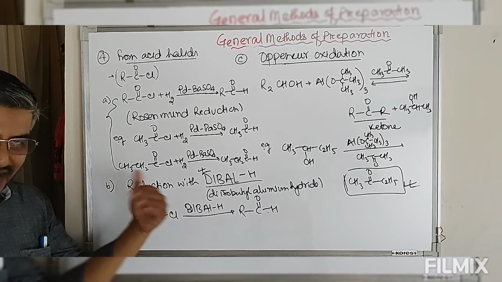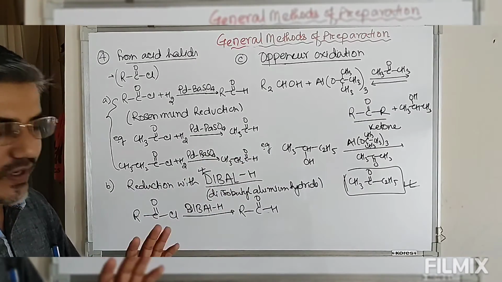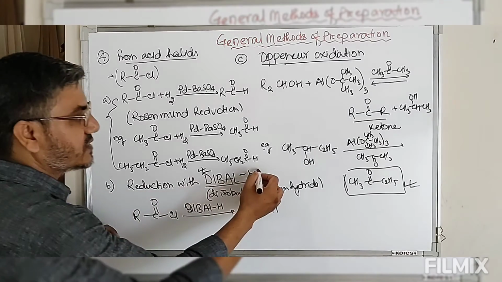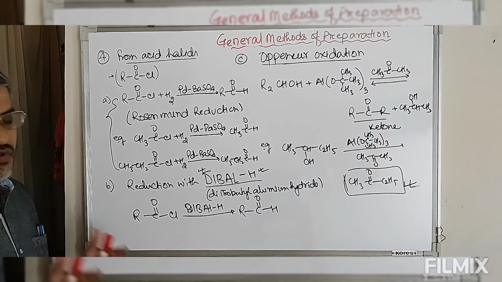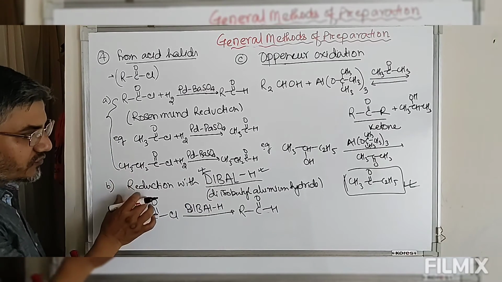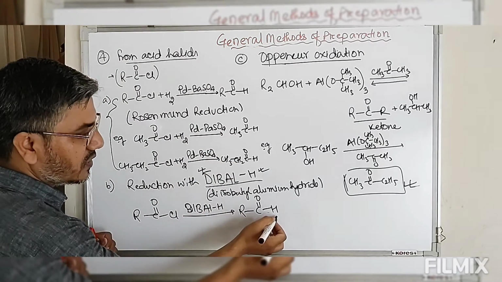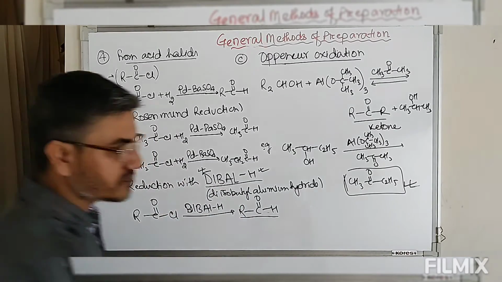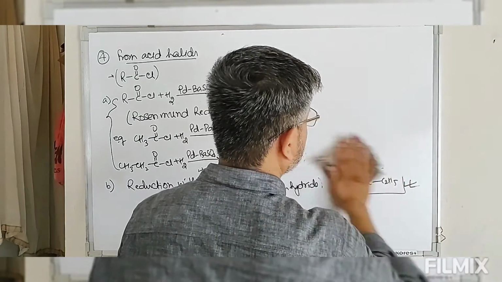So if you use a normal reducing agent, then this aldehyde will be further reduced to give you alcohol. We don't require alcohol, we have to stop the reaction at the aldehyde stage. So for this we need to have a structurally crowded group, so that the reaction will stop at the aldehyde stage. So reduction of acid halide with DIBAL-H also gives you aldehyde. This is again specific for aldehydes. But now look at this, we can also have other reactions.